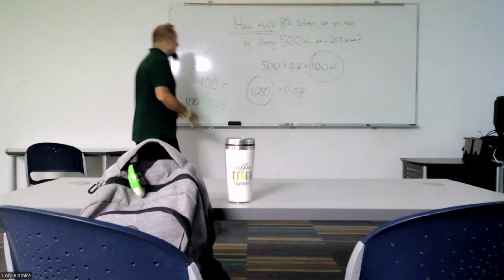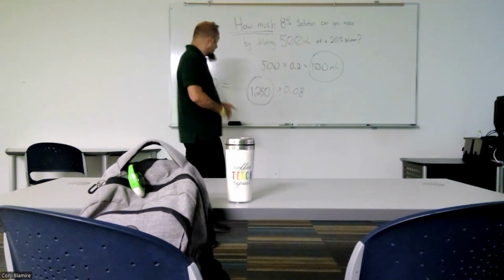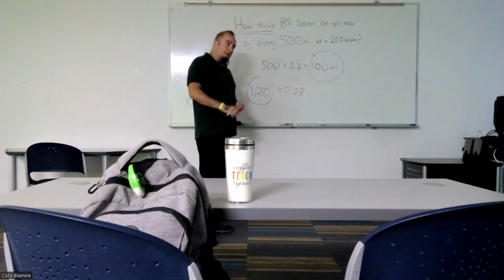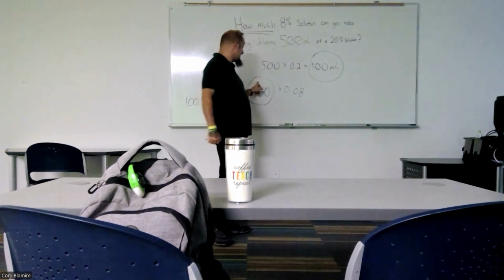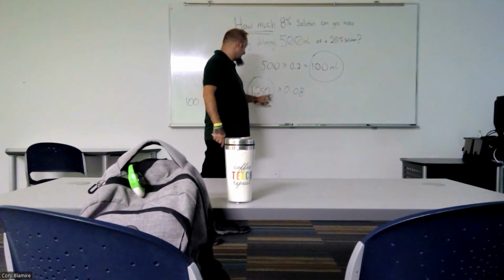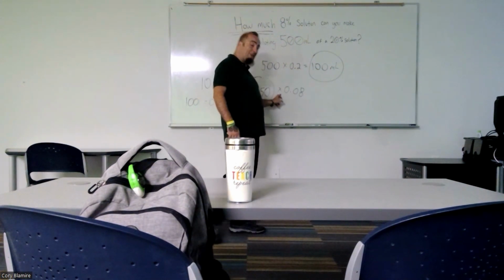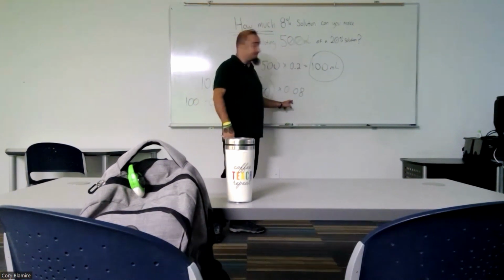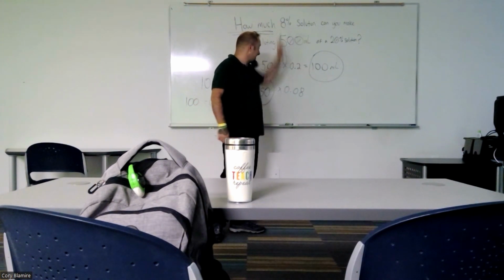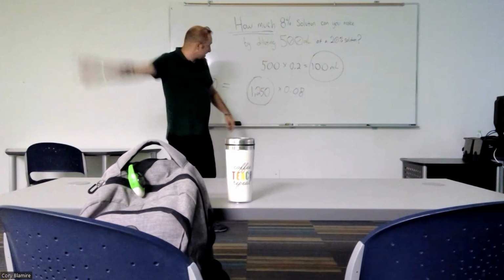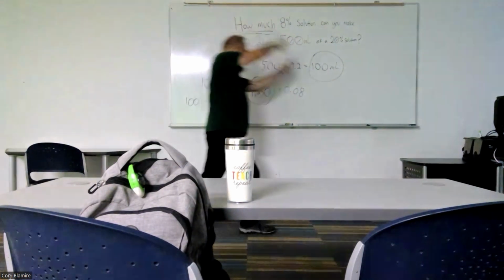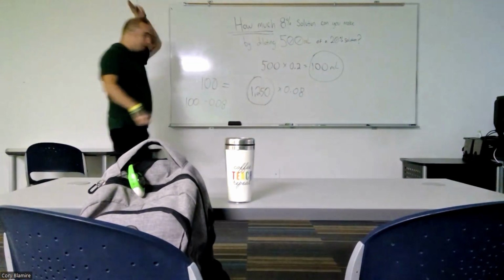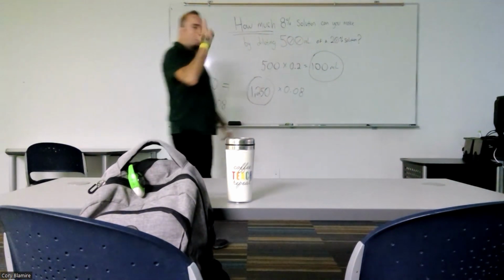Okay? The way that we do that, once we have our answer candidate, our proposed answer, is we take the answer, 1,250, multiply it by the multiplication factor of our desired percent expressed as a decimal, and it should come to under